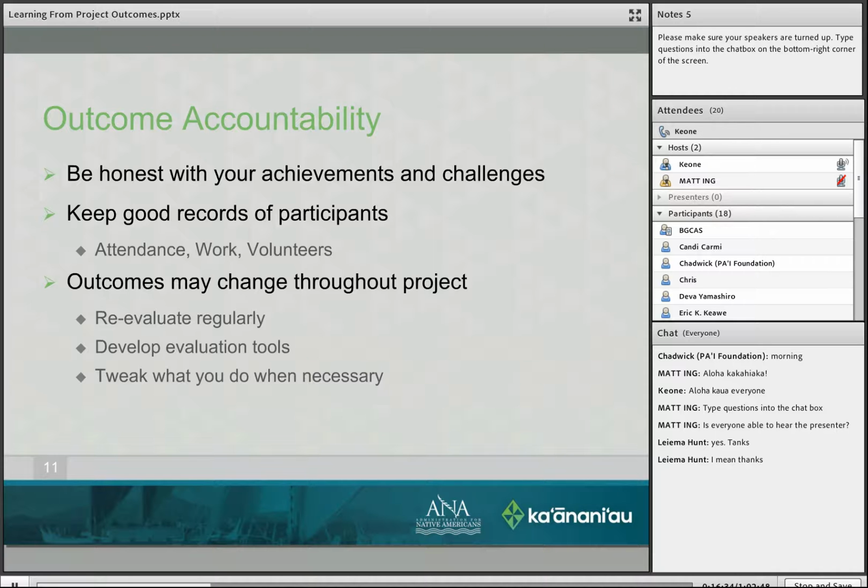And so, with outcome accountability, the first thing you've got to do is be real honest with your achievements and challenges. Some people think that if you list too many challenges, then it will deflate your project or your program.